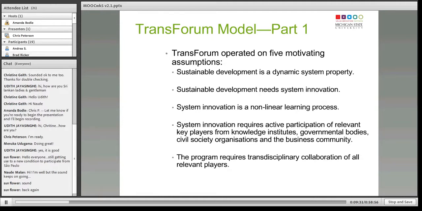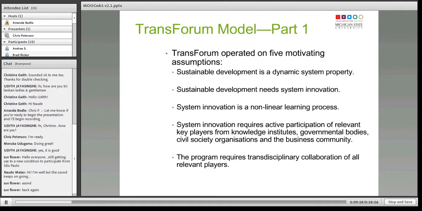The normal science approach, whereby we formulate a problem, we go off to our laboratories and find a solution, and then we come back to apply that solution, doesn't work in regard to sustainable development. It has to give way to a messier process of consensus building, joint knowledge creation, and reflective learning.